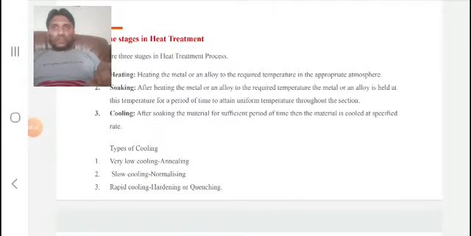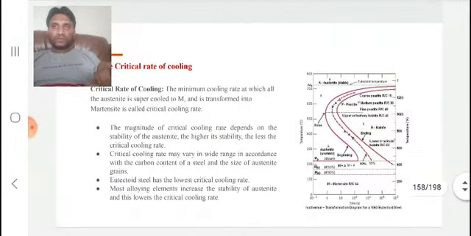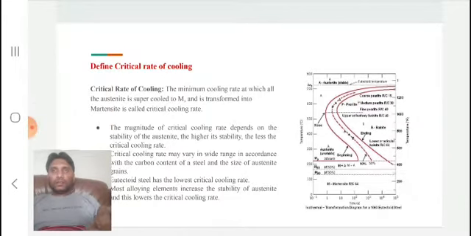So now the next topic we have is: what is critical rate of cooling? Critical rate of cooling is the minimum cooling rate at which all the austenite is supercooled to MS and transformed into martensite. This is called the critical cooling rate. Critical cooling rate is nothing but